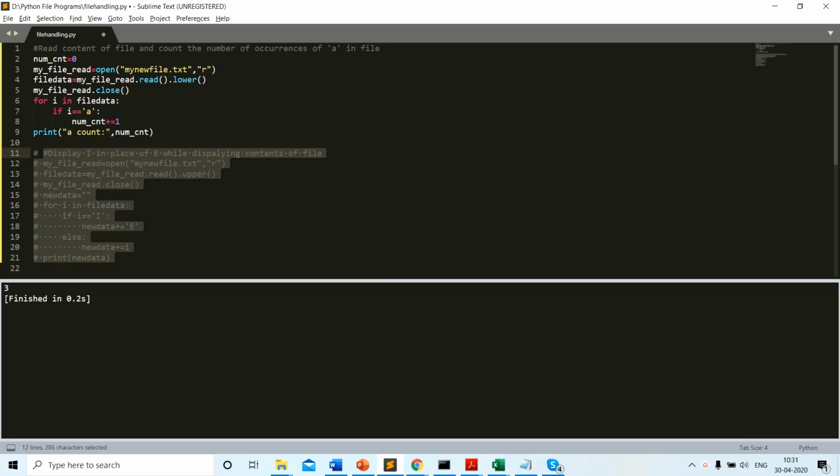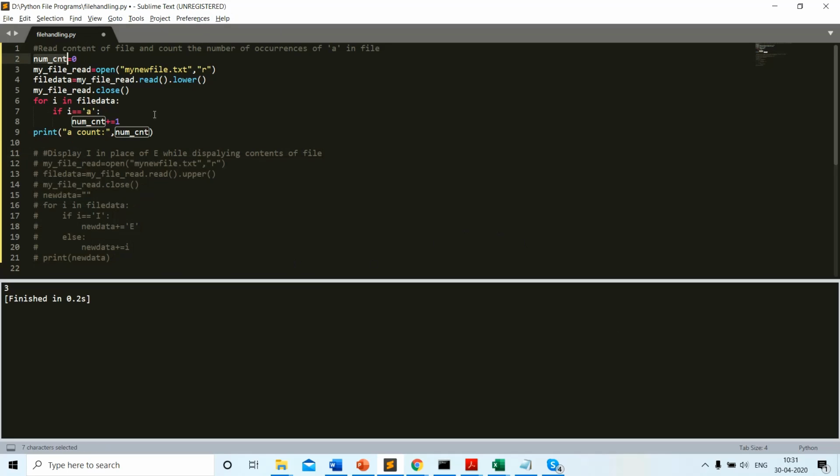The first step needs to be reading of the entire file into Python. After reading the file, we have to go through each and every character and search whether each character is equivalent to A. If a character is equivalent to A, we will just increment the count variable. So these are the 3 steps which we have to take care of in our program. So let's see the program.